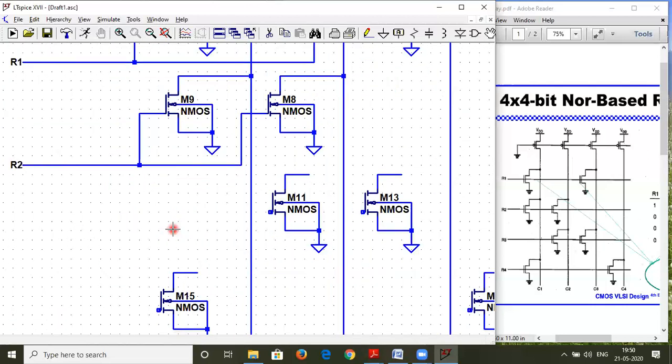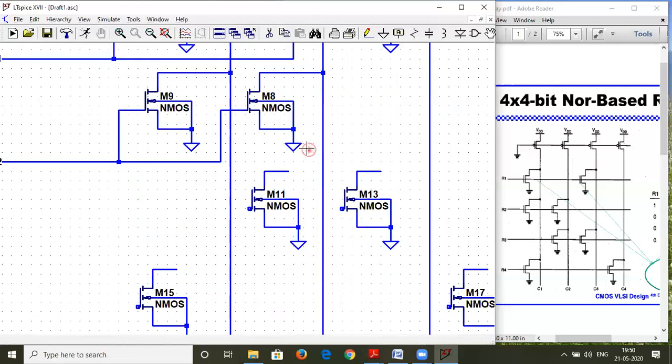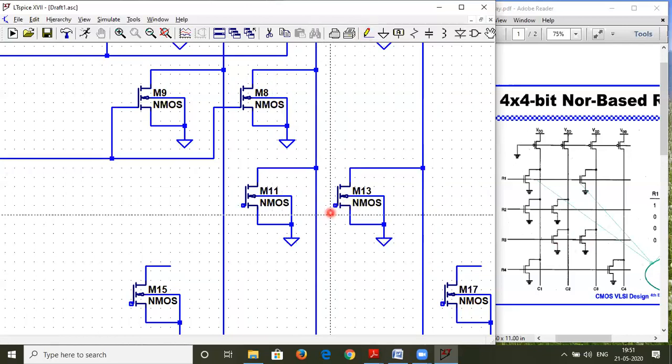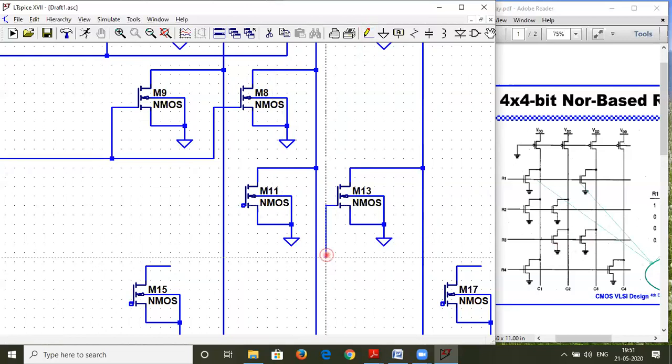So we will connect the third row now. For the third row, this transistor is connected over here to column number 3. We are connecting this transistor and now this transistor, and here also we are connecting it to column number 2. Both the gate terminals are tied together and taken out.